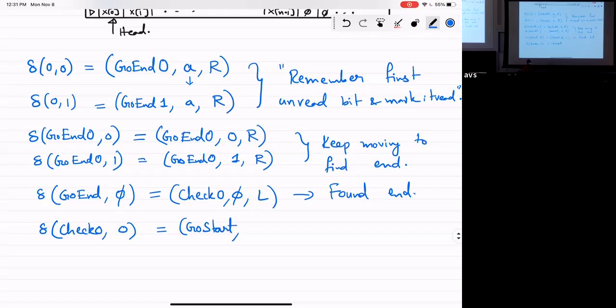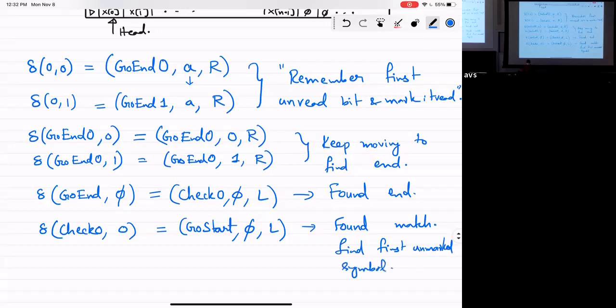Go and find the first unmarked symbol. And I'm going to overwrite this as an empty thing, meaning I've seen this 0, it's been matched, and I'll move the head to the left. Found match, go to start, and find the first unmarked symbol. Okay?